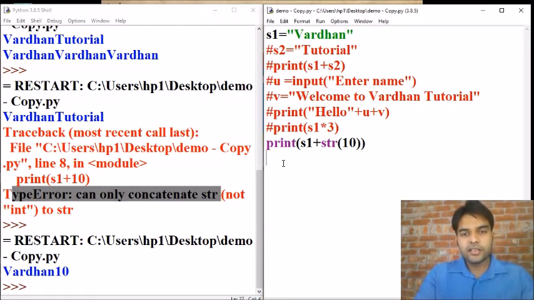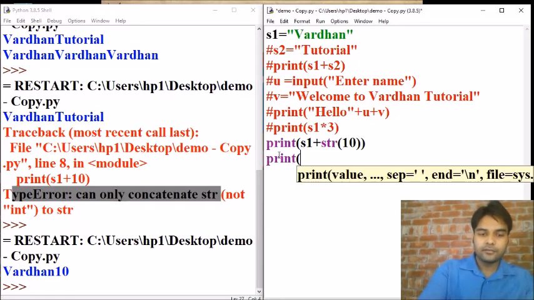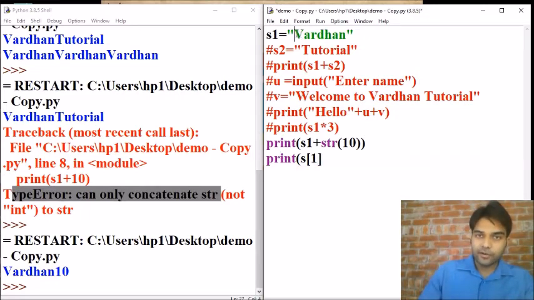Now a string is also immutable in nature. Immutable means its value can't be updated. So if we want to access this A, then we will write print s1 with index value 1, because it starts from 0, 1, 2, 3, 4, 5, 6.